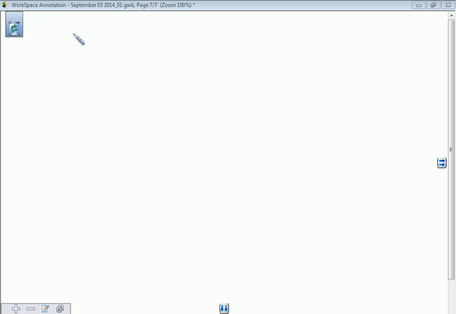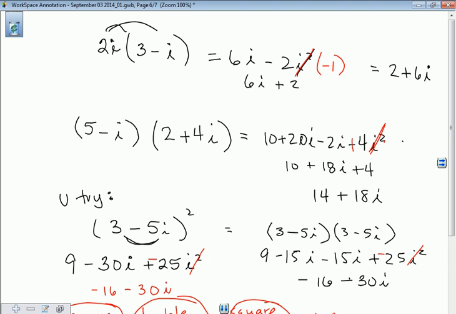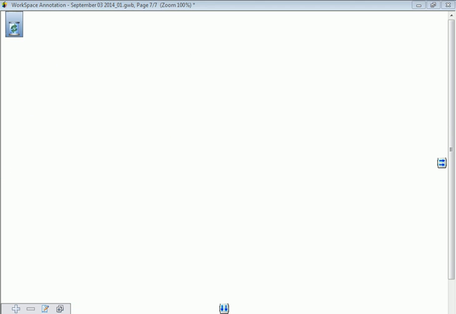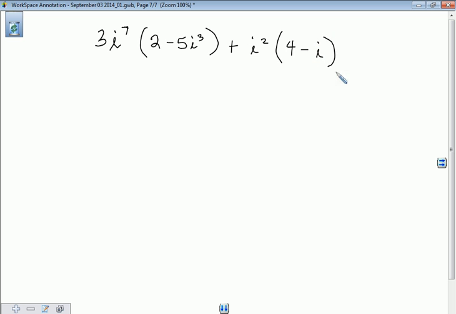So let's look at what would happen if we had greater powers. Is this a numbered problem example? No, I haven't numbered it. Okay. So let's say we had 3i to the 7th times (2 minus 5i to the 3rd plus i squared times (4 minus i)). What I usually do is I'll simplify any power